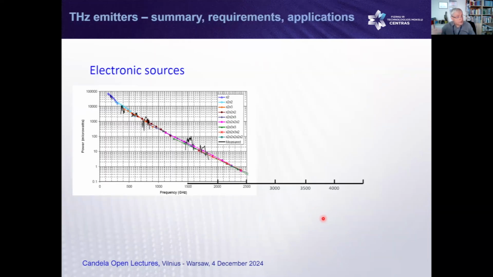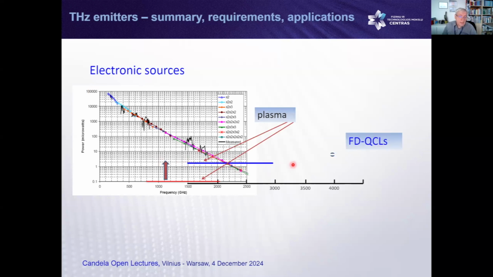So let's summarize about emitters now. Plasma, you know, we are using this the same way as electronic stuff. Here plasma is sitting here, and the maximum we can reach, integrated over all emission, is maximum 1 microwatt. Quantum cascade lasers are very far on the blue side, and still what we can reach is only 2.4 terahertz. Sometimes the minimum is 1.9, but still at low temperatures. So it's a good point. We can go up in powers, but still not enough for